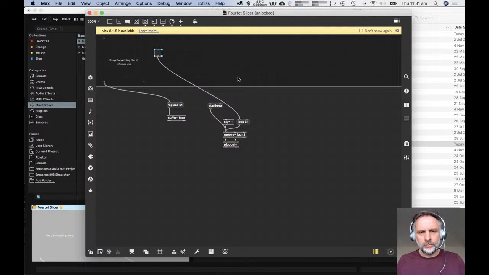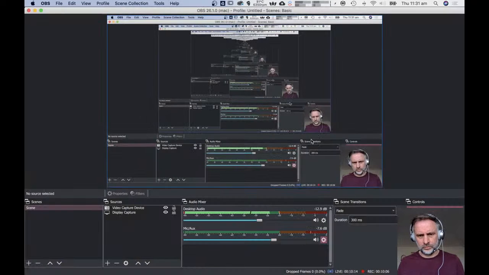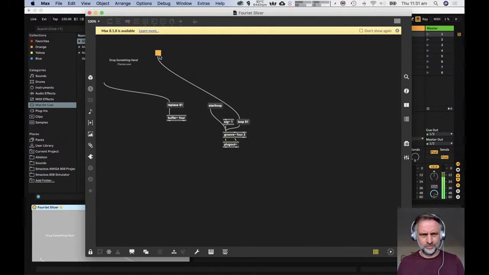Okay, so we can load a sample, we can play it back, and we can set it looping. Let's just check that the looping works. Excellent. Okay,